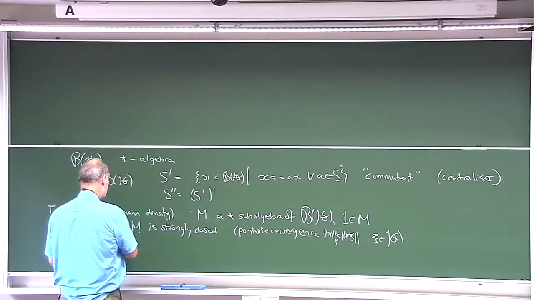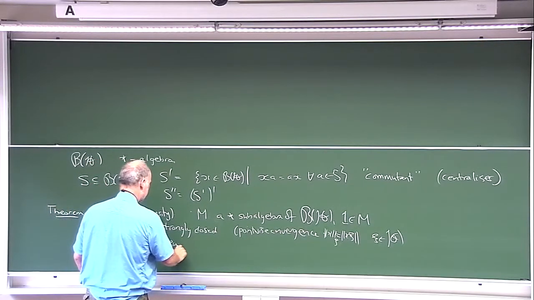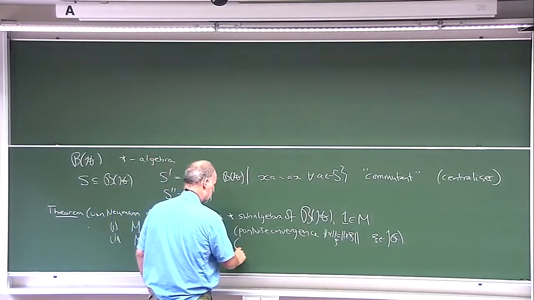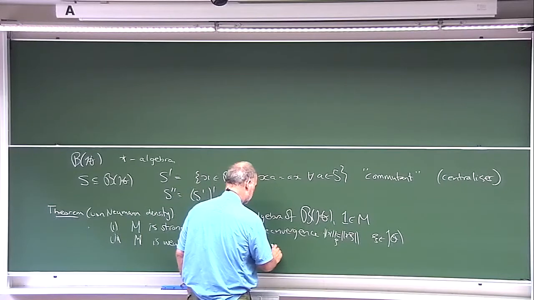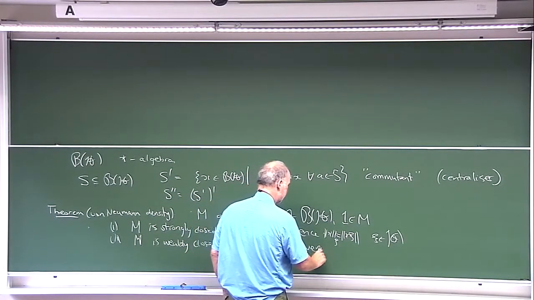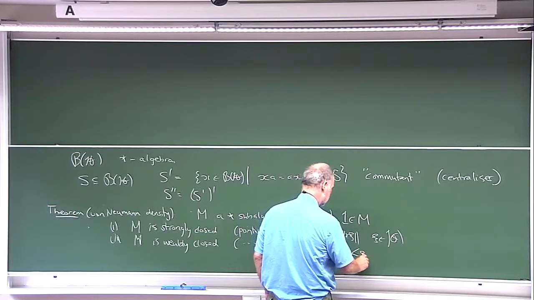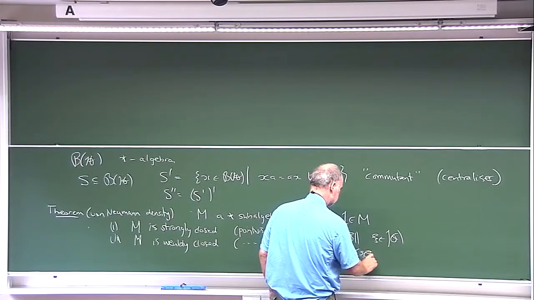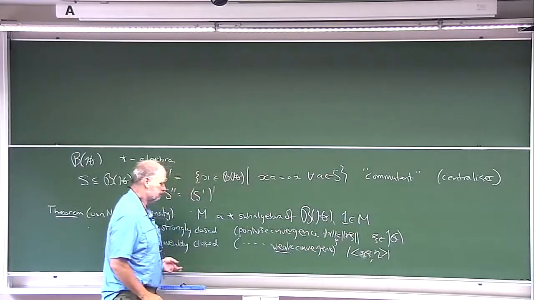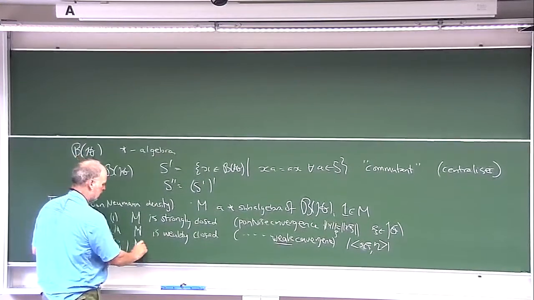The second one is that M is weakly closed. And this is pointwise weak convergence. And you can also define it in terms of semi-norms, probably by such a thing. And finally, the third condition, purely algebraic,